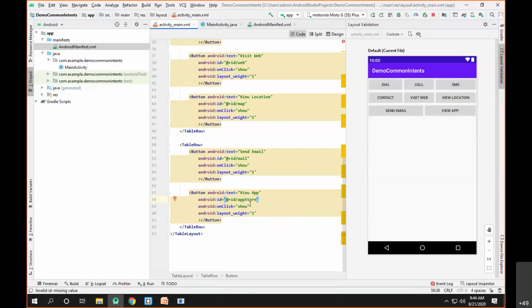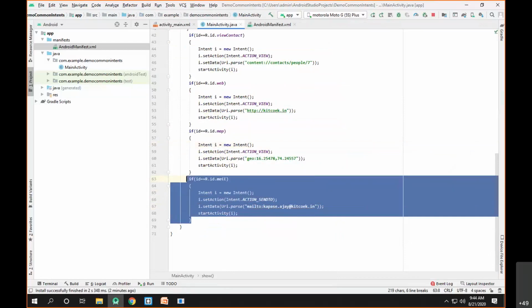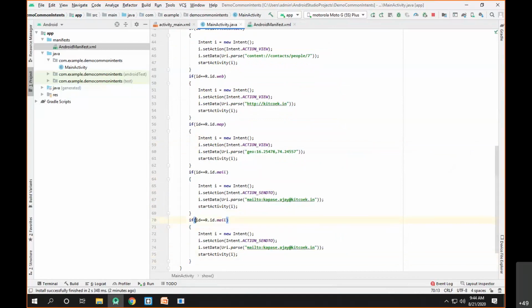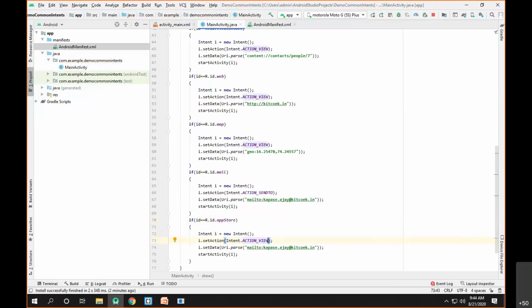Now the same function, the show function, I'll be calling, and for the app store button again I need to write one more condition which will launch the corresponding intent. So I can say ID is equal to R.id dot, what was the ID of that? The ID was App Store. Then, since I am supposed to view the corresponding app, I'll be using view as the action, and